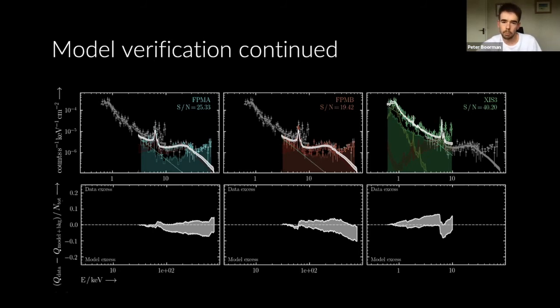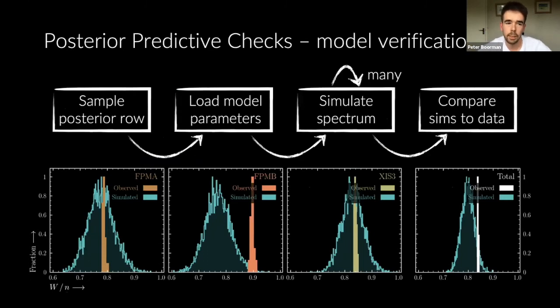But what if you want to make something a bit more quantitative? This is where posterior predictive checks come in. The idea is that you fit your model with BXA, then you sample a few posterior rows, or if you want to keep the runtime down, you can sample just the best posterior row, the best likelihood row. For that particular row, you have a whole bunch of parameters for your model. You load those model parameters,